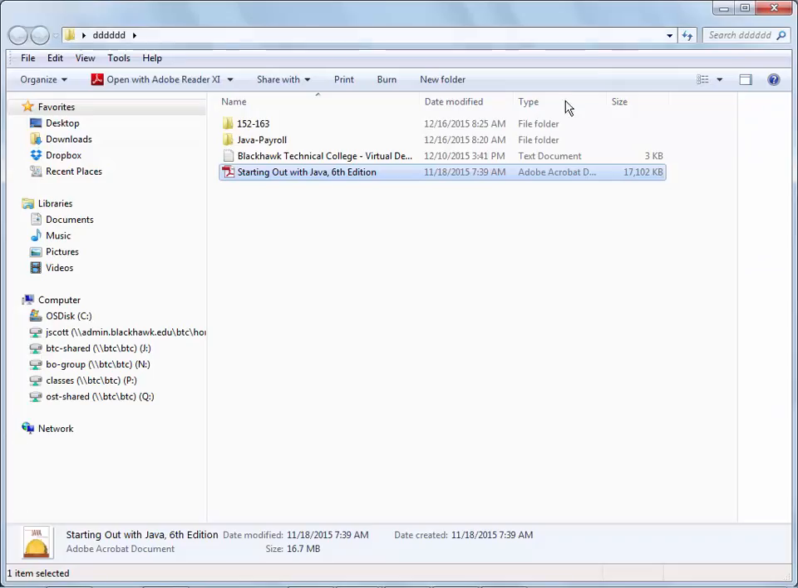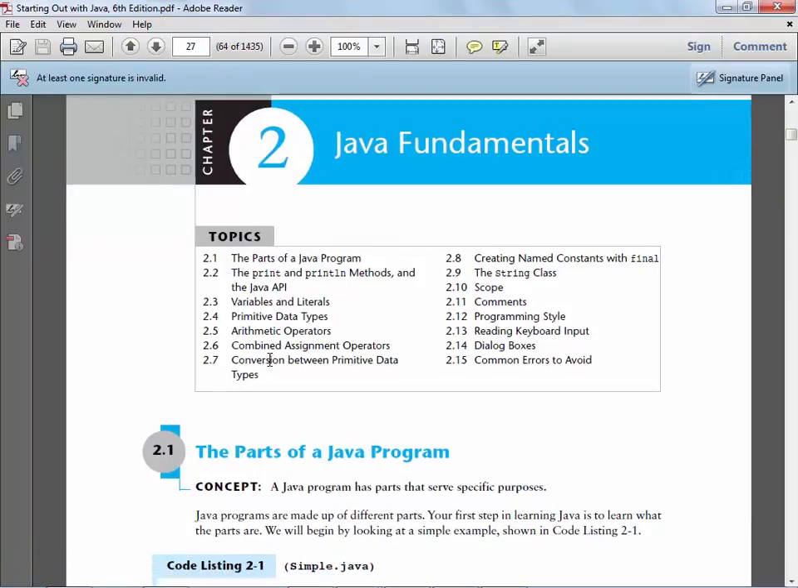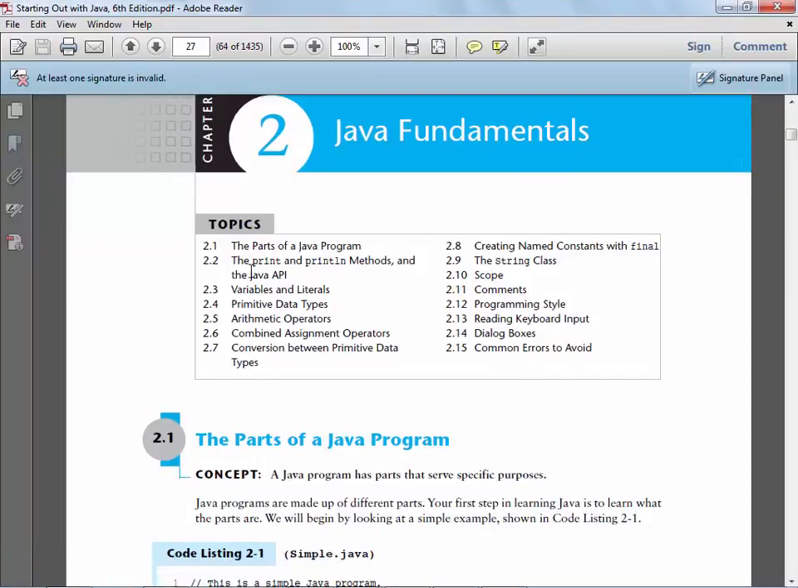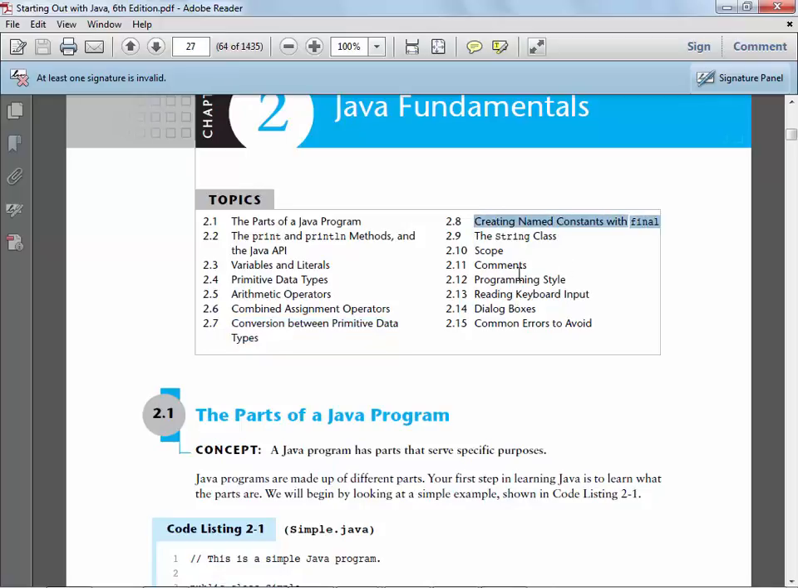So let's go back into the book. I'm in Chapter 2. We'll talk about the parts of a Java program, print versus print line, variables and literals, the 8 different Java primitive types, the arithmetic operators, of which there's 5: addition, subtraction, multiplication, division, and modulo, how you can use those arithmetic operators in the combined operators, a little bit about conversion between data types, how to create a constant in Java, the string class, variable scope, how to create comments, and I've started showing you that already,